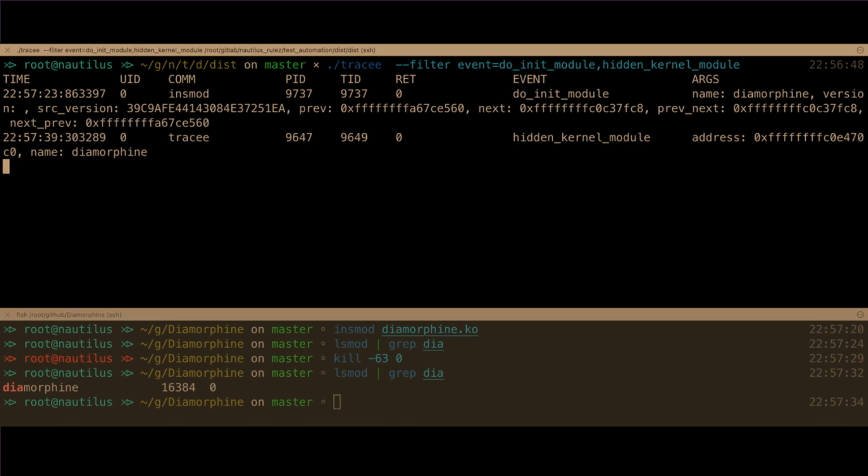So here we can see an example. We implemented a new event in Tracy called hidden kernel module. As I said earlier, this is a periodic check. And we can see that we loaded Diamorphine, this time not filelessly. We just loaded it in the normal manner. With lsmod we tried to grep for the module. We don't see it. Now we unhide it using the kill command. Now it's visible, so we can see it was actually loaded. And we can see a hidden kernel module event happened, and it tells us that the Diamorphine kernel module was hidden.